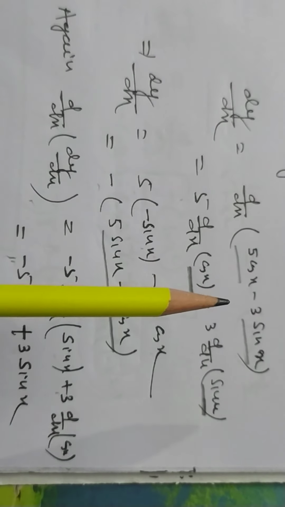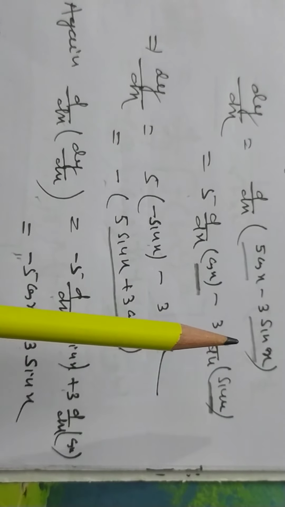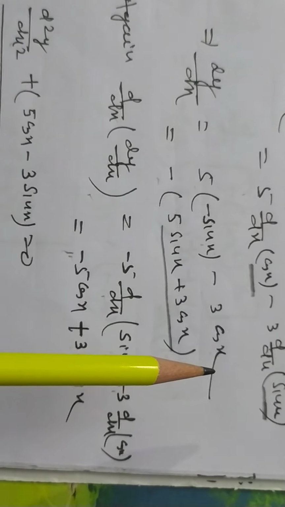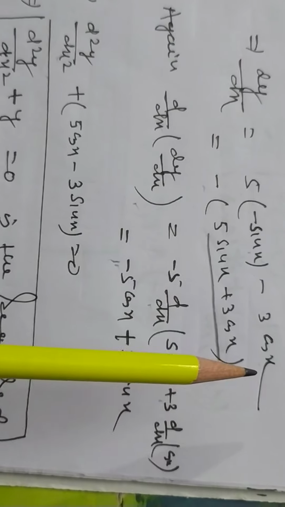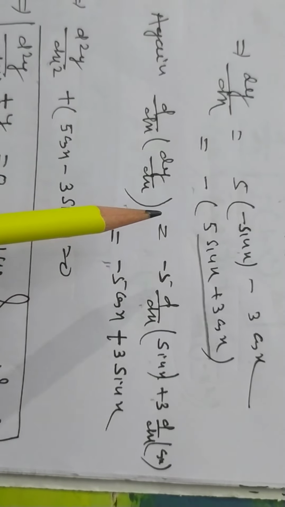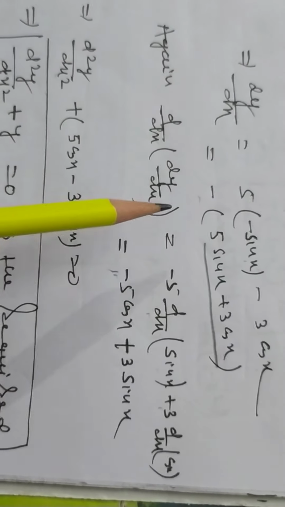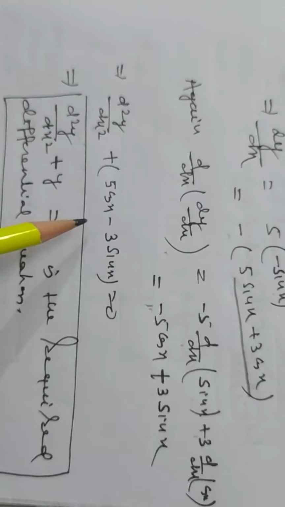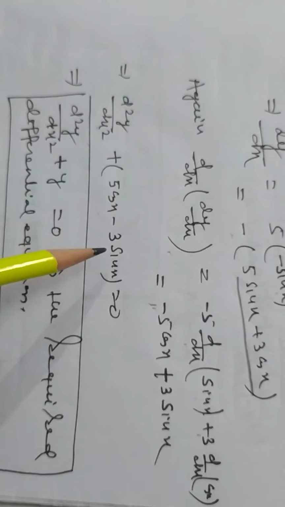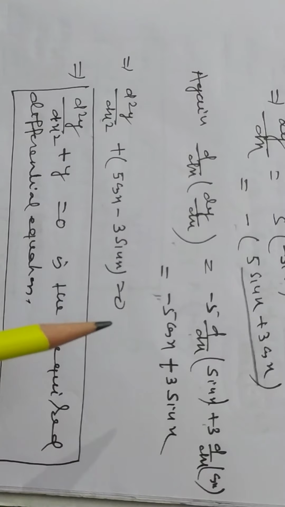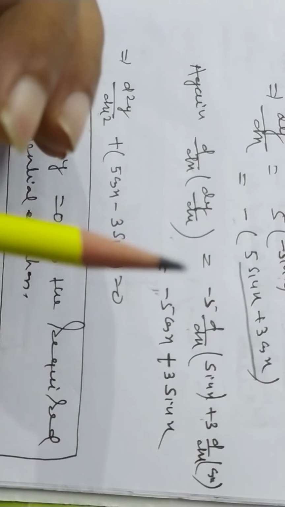So my dear students, this problem is very, very important. Because what do we observe? We observe that after differentiating 2 times, we get the original function. The original function is what? 5 cos x minus 3 sin x. Now, I want to discuss another problem also.